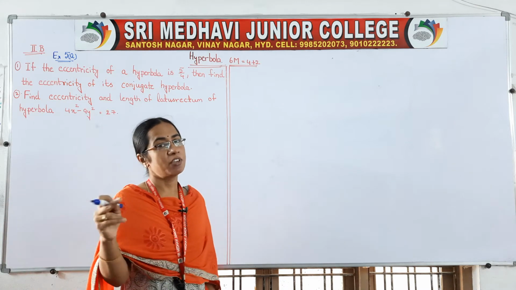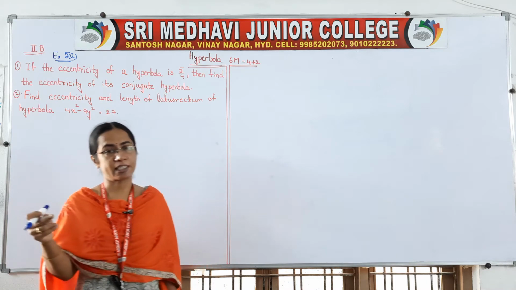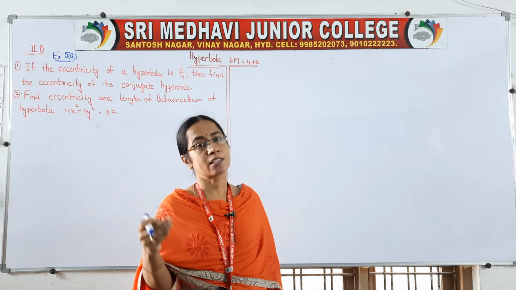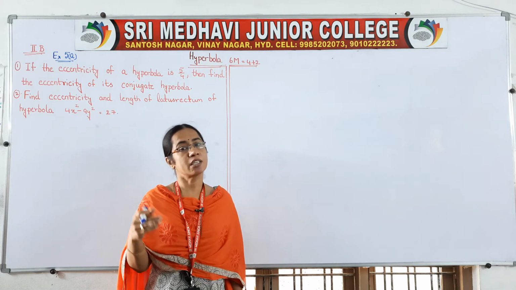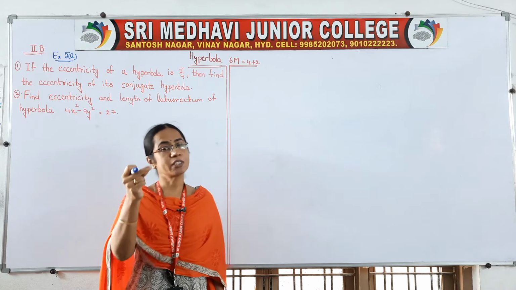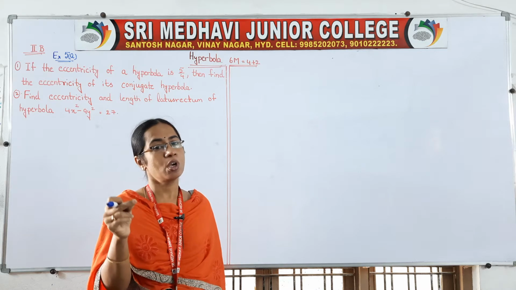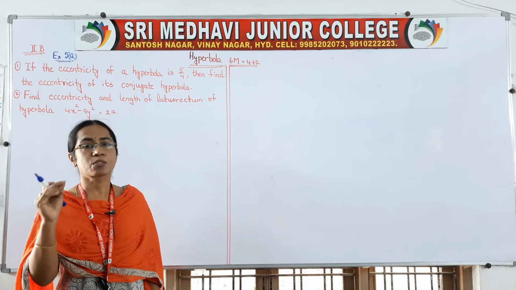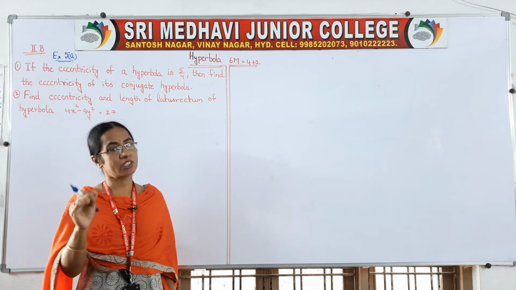I think you will get used to all these terminology, right? Focus, eccentricity, directrix. Sometimes in ellipse we say major axis, minor axis, and when we come to hyperbola we say transverse axis and conjugate axis. Even in the formulas, small changes will be there, so you should be careful while taking the formulas. Actually all three look the same, but small changes will be there in their formulas. Be careful with those changes.